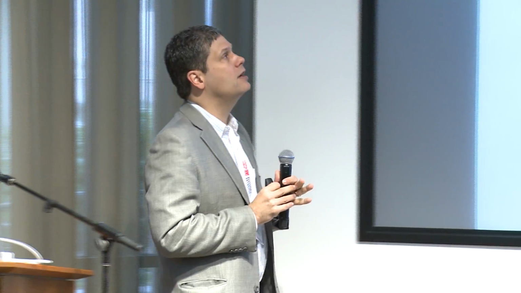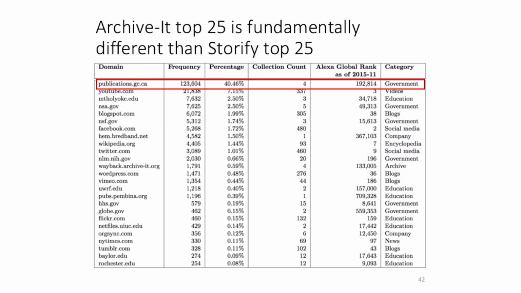The takeaway message here is the Archive-It top 25 hosts really look nothing like the Storify top 25 hosts. So the number one slot here is the publications of the Government of Canada. Now there are Archive-It members, obviously they're archiving their own material. So that's 40% of the content that we found in Archive-It. Now it really only spans 4 collections, so obviously government publications are not super popular outside of Canada,